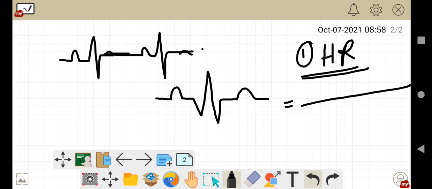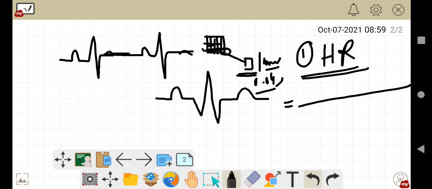There are actually two methods to check the heart rate. One is by counting the number of large boxes, and one is by counting the number of small boxes. Before that, I would like to clarify about the boxes. As you see, this is a large box in an ECG paper. Within this, there are numerous small boxes like this. Let me take a small box. This small square is 1 millivolt amplitude vertically, and horizontally it is 0.04 second as the time period, right? Okay, so this is clear.